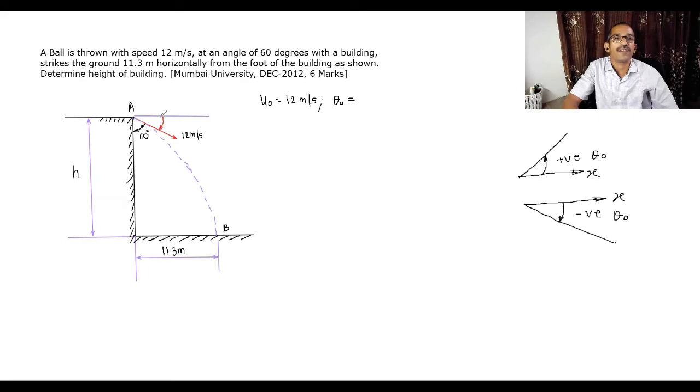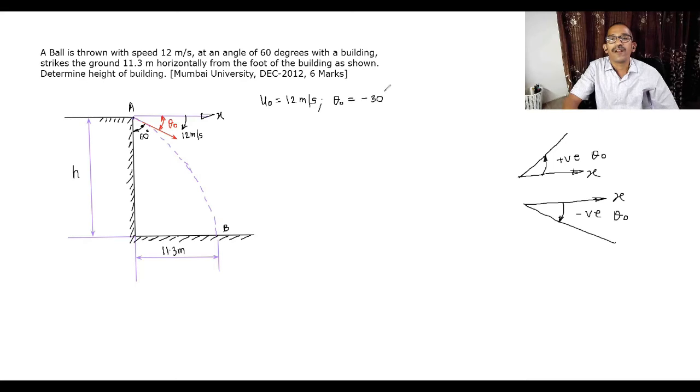This angle is theta 0. That means theta 0 is not 60 degree. So how much does this come out to be? If you calculate, that is 90 minus 60, it is 30 degree. But in which direction is 30 degree measured with respect to the positive x-axis? It is in the clockwise direction. That means this is negative. Therefore theta 0 we will take as